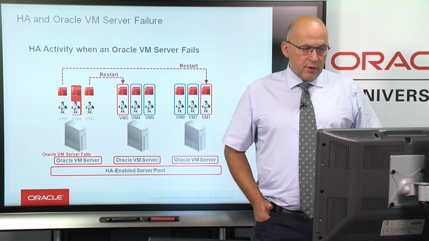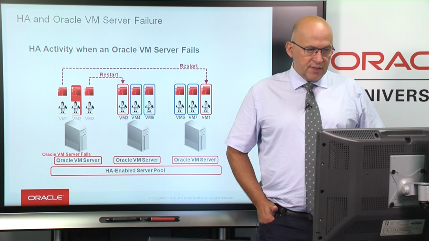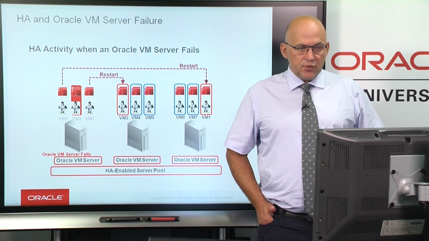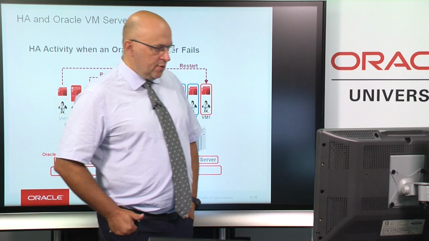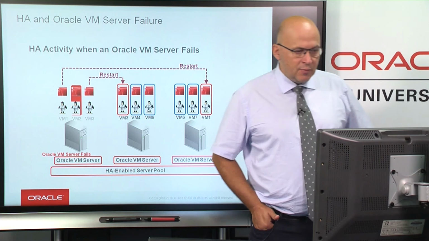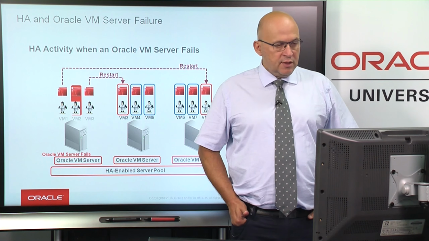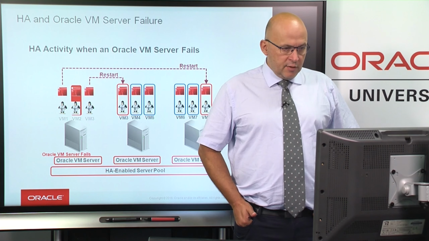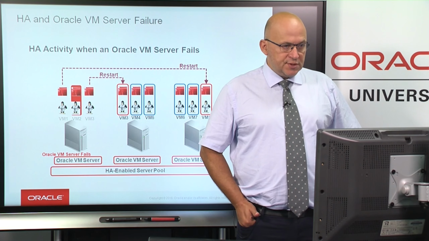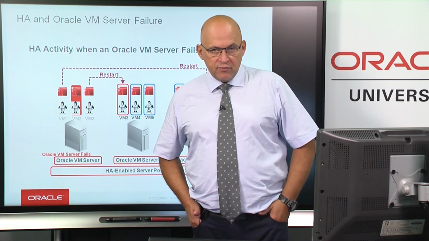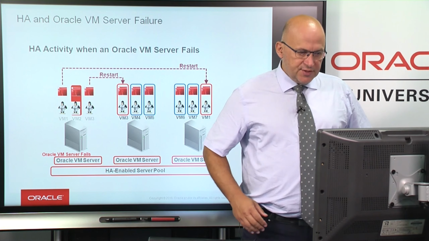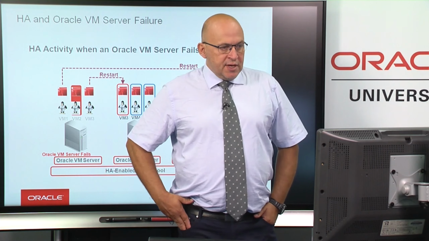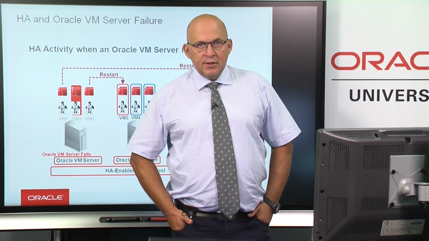Now, if the Oracle VM server hosting the 3 VMs is the last server, or the only server, of your pool, and this server fails, then VM 1, 2, and 3 will stop. They will be ready to restart whenever another Oracle VM server is presented and joined into this server pool. So once again, in order to have high availability, and this is very important